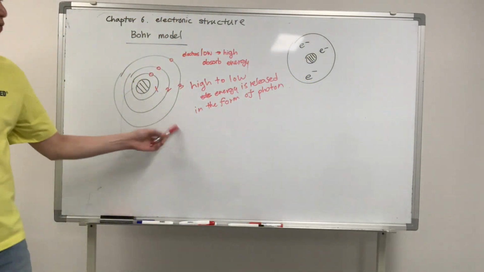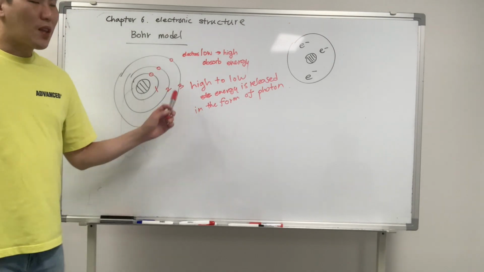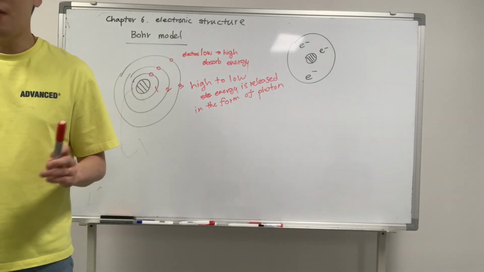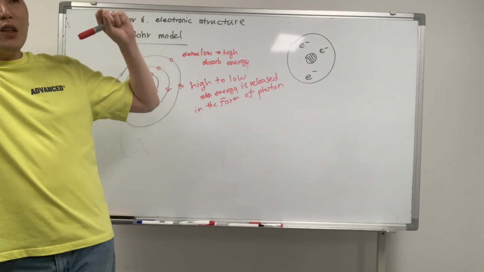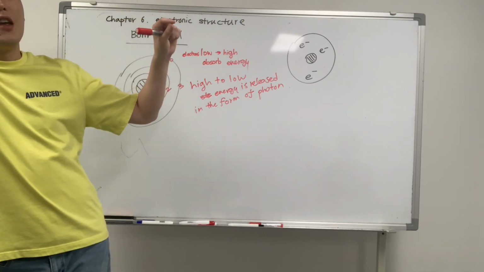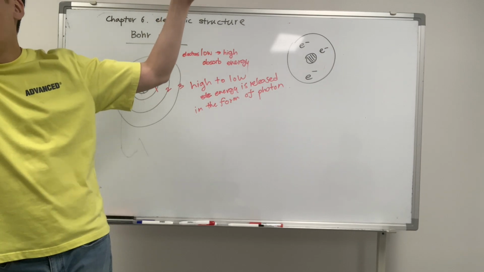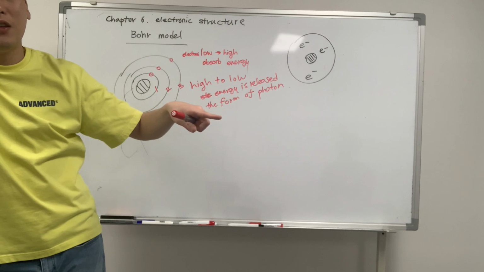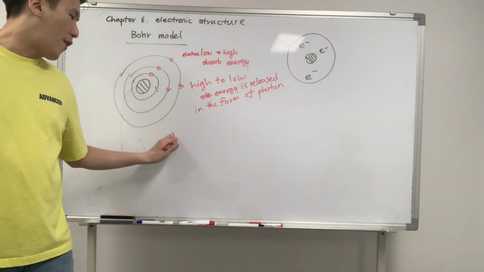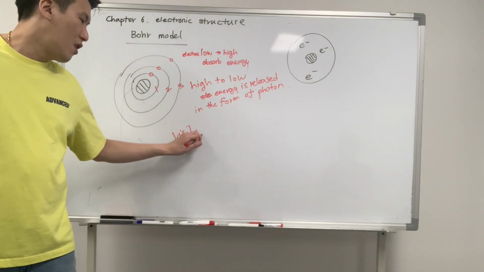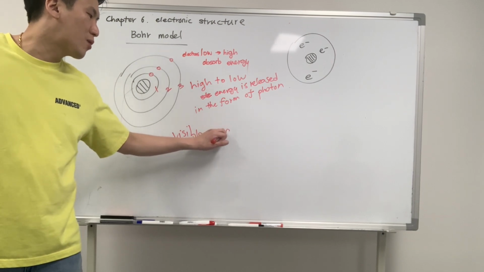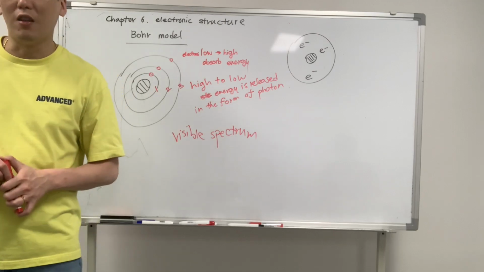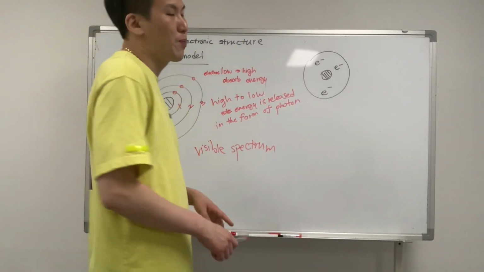No, this is about every element. That's how they were found. Every element, when electrons in a given element are moved to a higher energy level and then let go back down to the lower energy level, something called a visible spectrum is produced. When you go from high to low, a visible spectrum is produced.